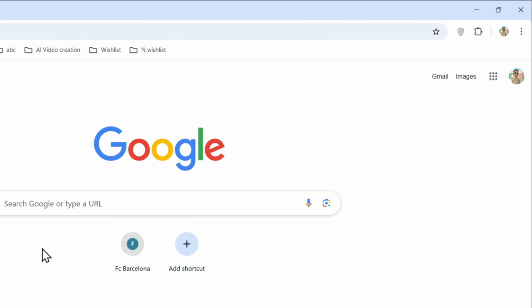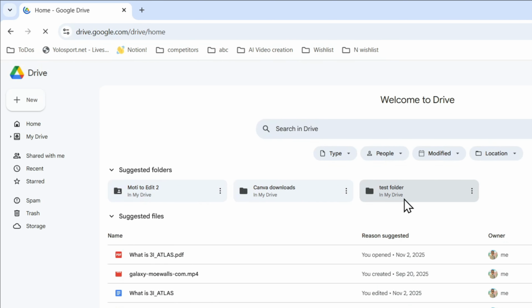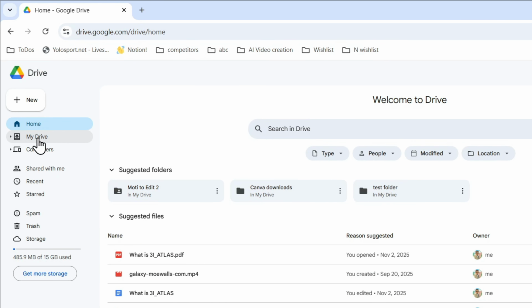So you want to go ahead and open up google.com and sign into your Google account. Then once you're in Google, go ahead and click the Google apps on the upper right hand side and open up Drive. And once you're inside Drive, I recommend that you click on My Drive on the left hand side